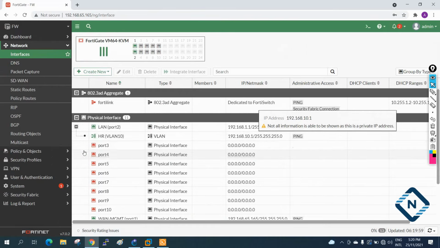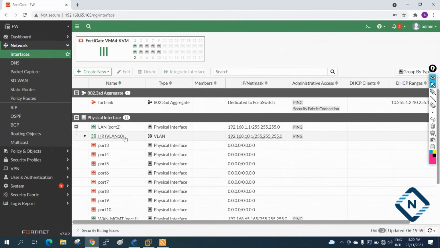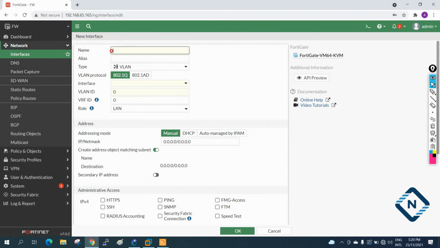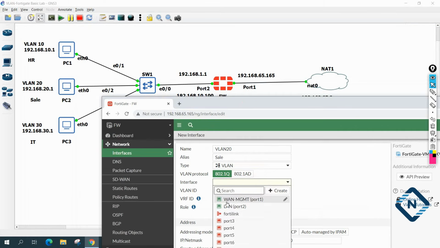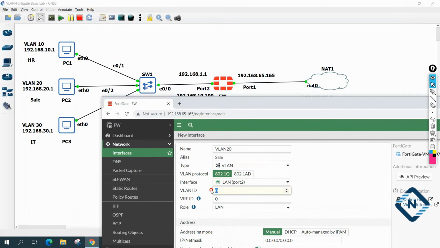So now we will create two more sub interfaces for VLAN 20 and VLAN 30. So go here, click and add an interface. Here give the name: VLAN 20 I will give. The alias we are using here is sales, so I will write sales. You can use anything. Then 802.1q, and the interface will be the same, the LAN one, and the VLAN ID should be 20.